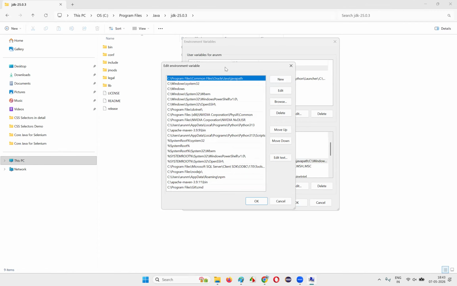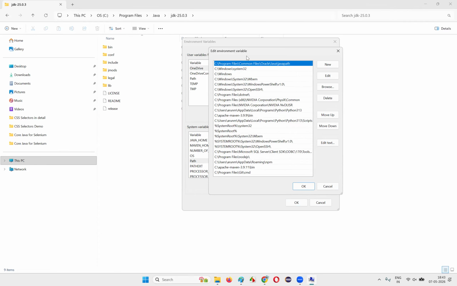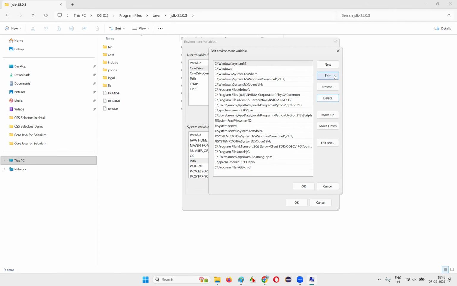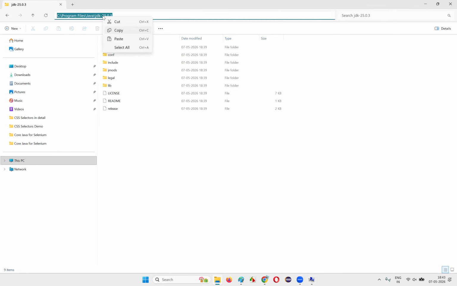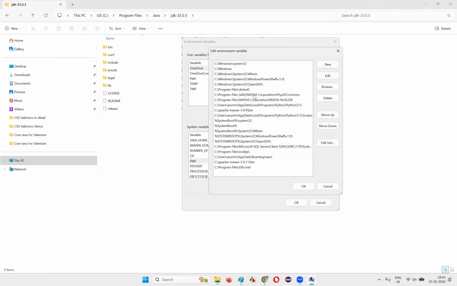the Edit option. Then you will get this Edit environment variable dialog. In that, on the top, the first line is there, right? C:\Program Files\Common Files\Oracle\Java\javapath is there, right? Select that and delete it. Select this line and delete it. After deleting that, click on New. And here, again, you have to give the path. Whatever the Java folder path, wherever Java got installed in your machine, that one you have to